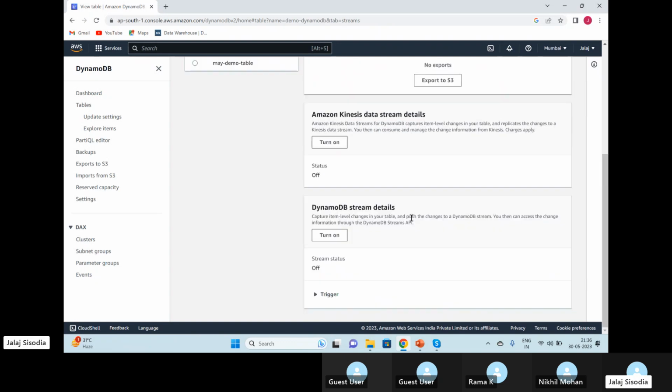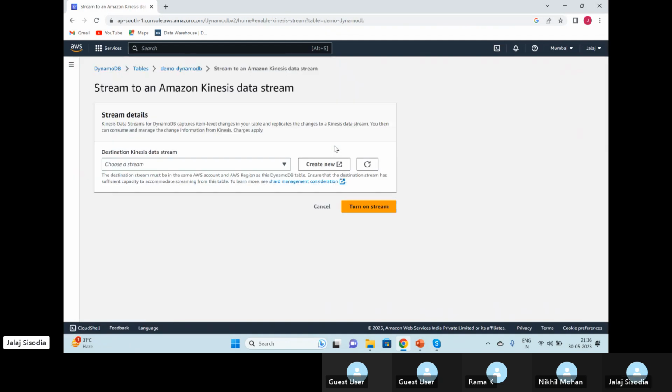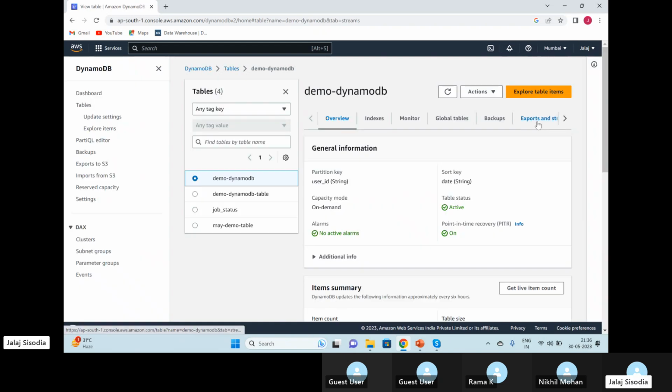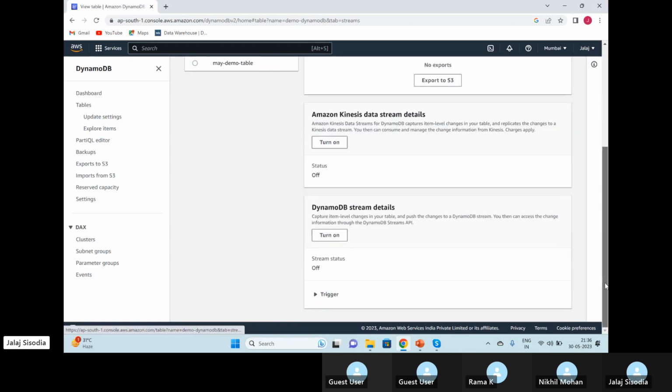OK, so this is what we get. If I click on turn on, it will ask me... OK, let me actually go back. Exports and streams. I want to turn on DynamoDB stream details, not the Kinesis stream right now. If I click on turn on,